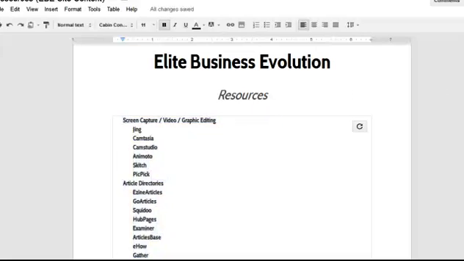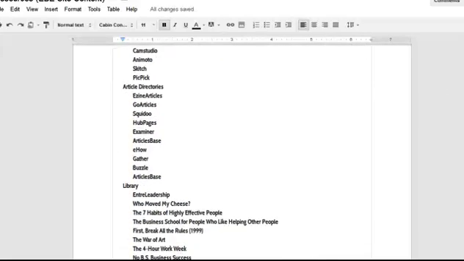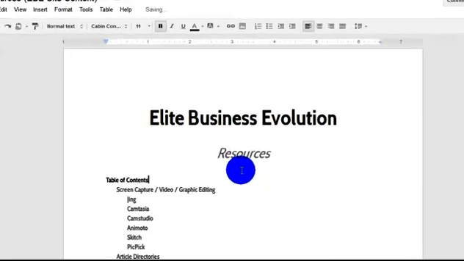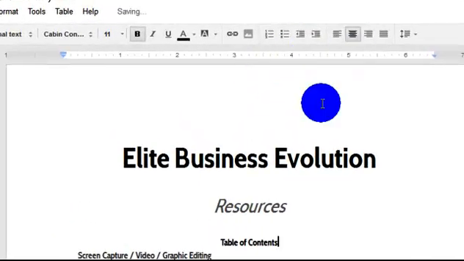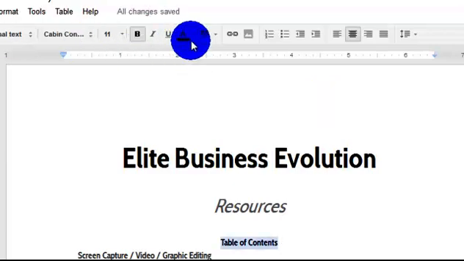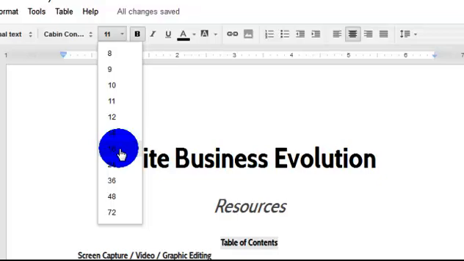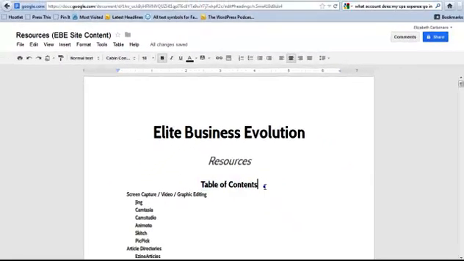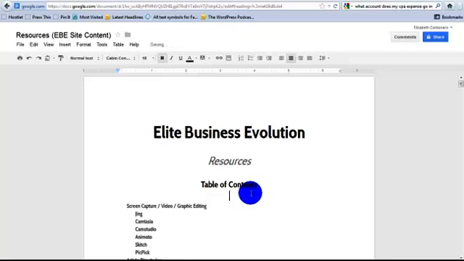And that way it stands out a little bit more as my table of contents, and I should probably actually add a header that says Table of Contents, and then center that, and probably make it bigger. So make it a little bit bigger. 18, maybe? Yeah, that looks good to me. And then I want a space underneath that. Okay? So that's how you would create a